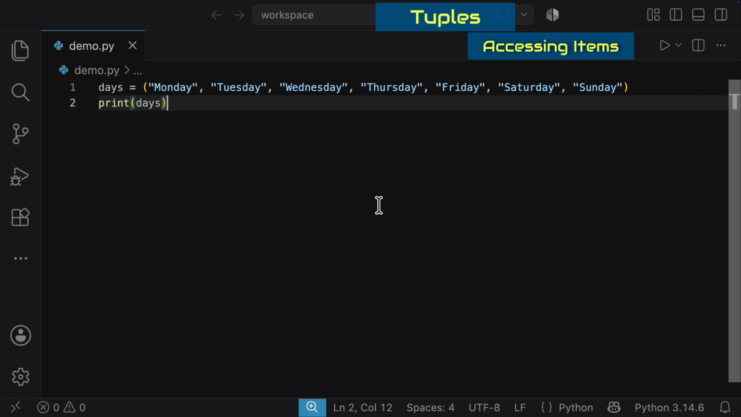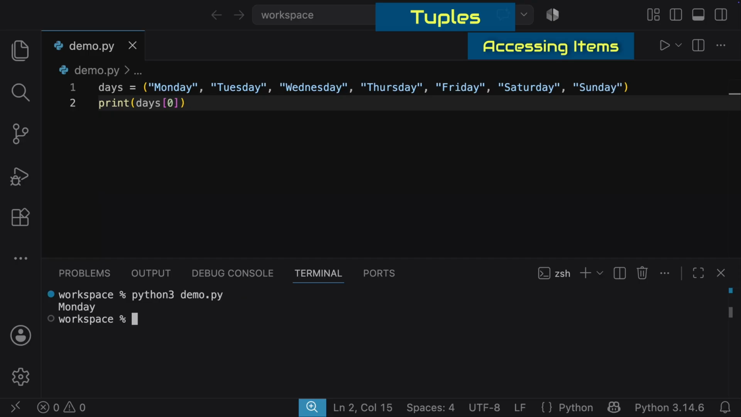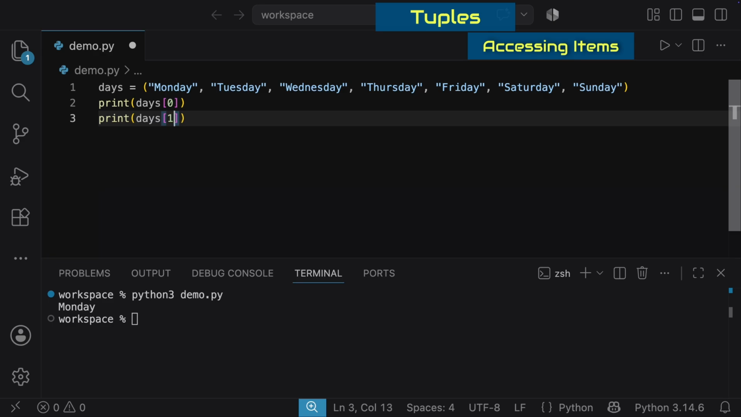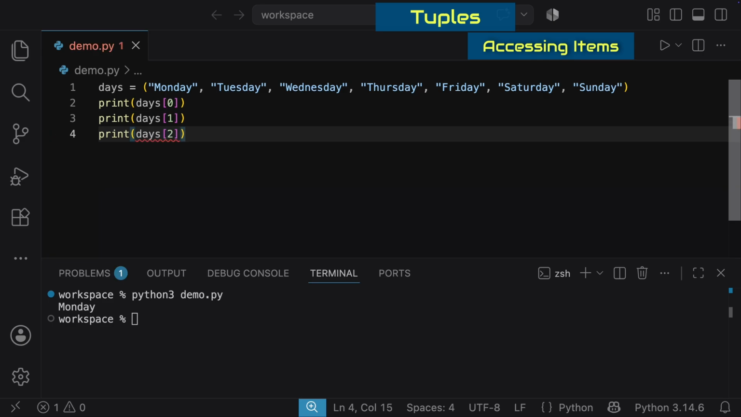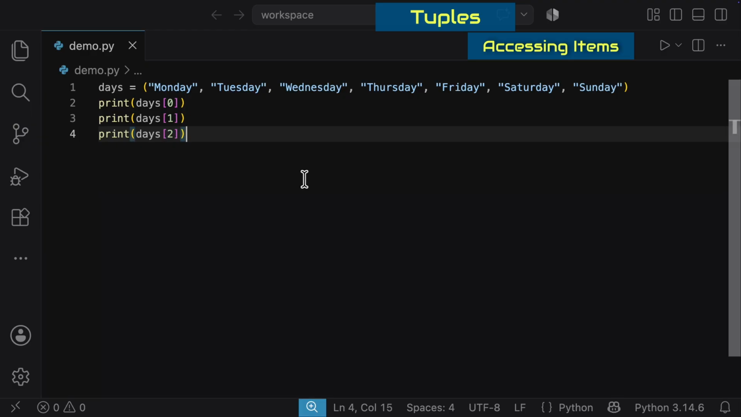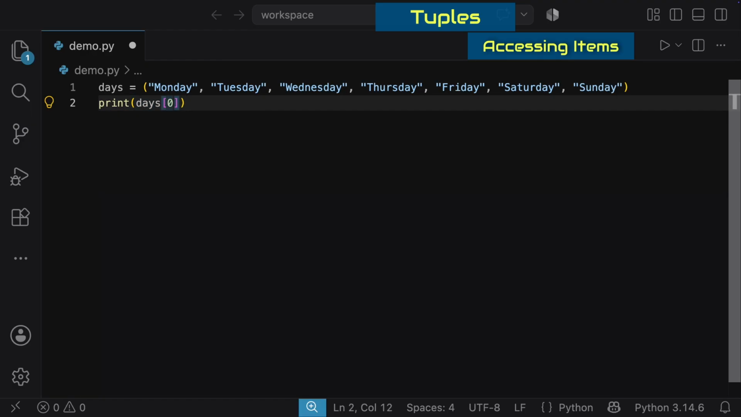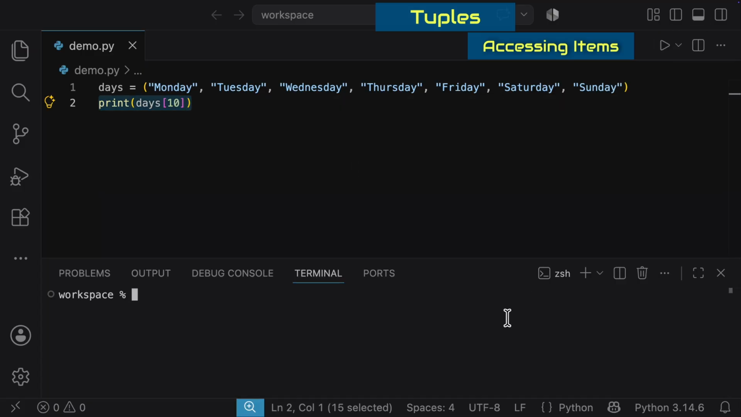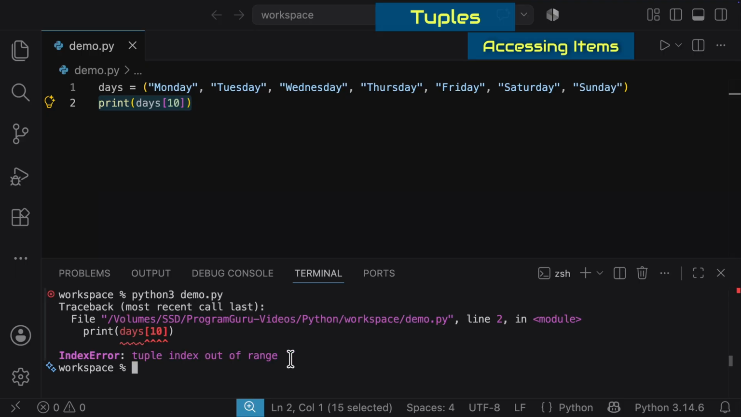Let us print the first day. Write the tuple variable followed by square brackets and then write the index inside the brackets. Since we want the first item, we use index 0. Run the program. The output is Monday. Now print the second and third days using indexes 1 and 2. Trying to access an index that does not exist results in an index error. For example, if we try to access index 10, Python displays an index error because that index is outside the